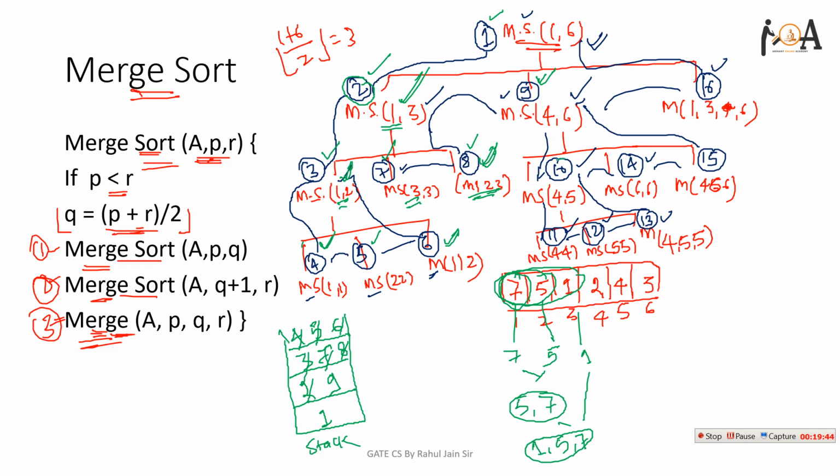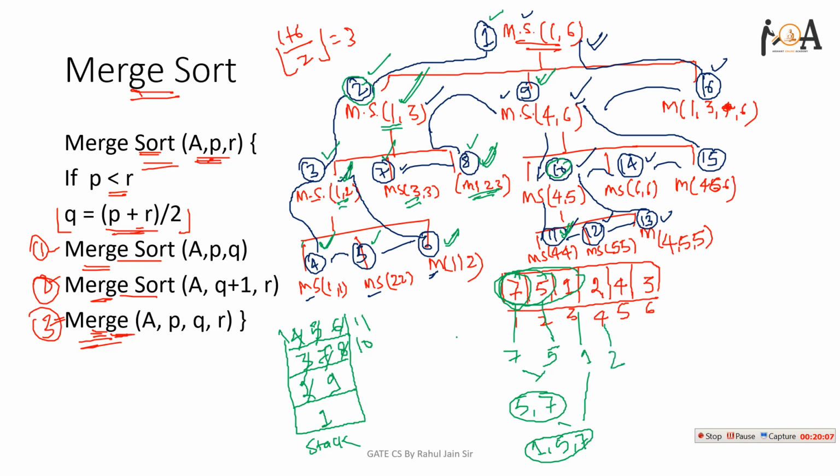After that, function 10 will be called. So function 10 will be called here. After function 10, function 11 will be called. Function 11 is merge sort between 4 and 5. So 11 is merge sort 4 4. So 10 was merge sort 4 5, but for that I need to merge the fourth element. So 2 is sorted itself.